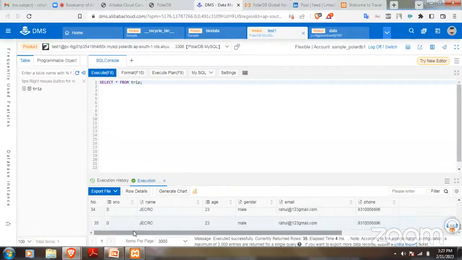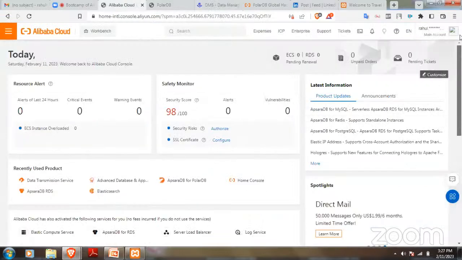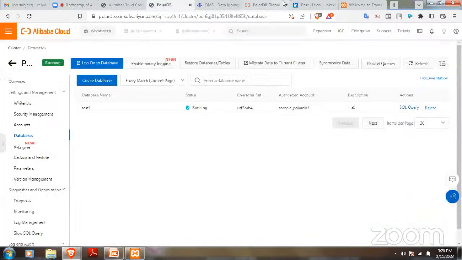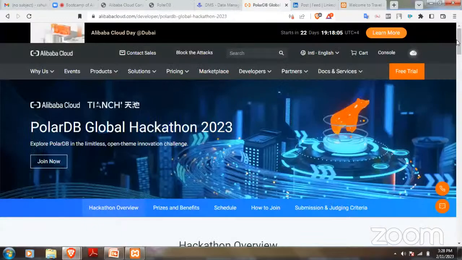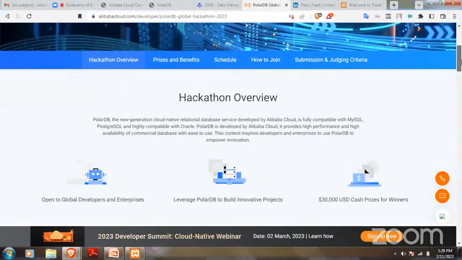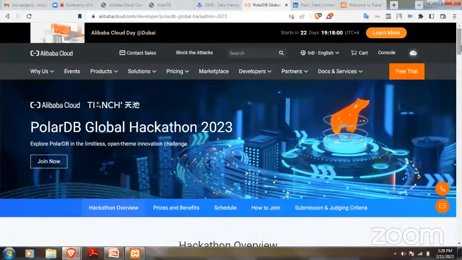That's how your data is going to reflect on the cloud when you integrate your project with PolarDB. And in terms of speed as well, it is 6 times faster than traditional MySQL, right? And if I talk about how you're going to do it, this is the landing page of PolarDB. At the end, I'll also tell you how you can connect PolarDB with the current project that you will be working on.